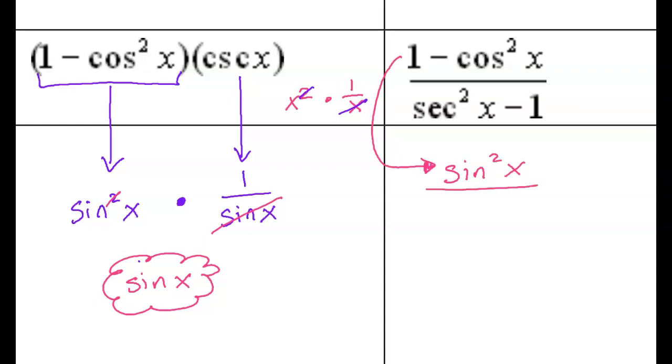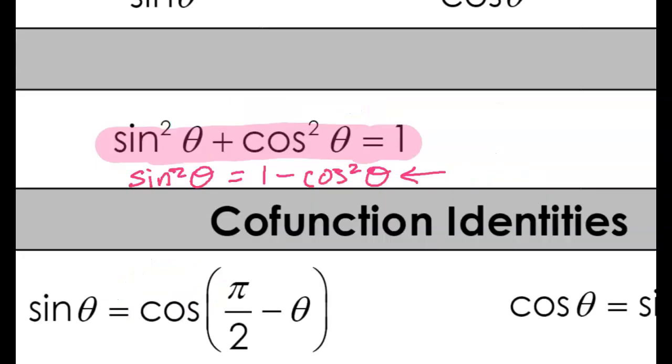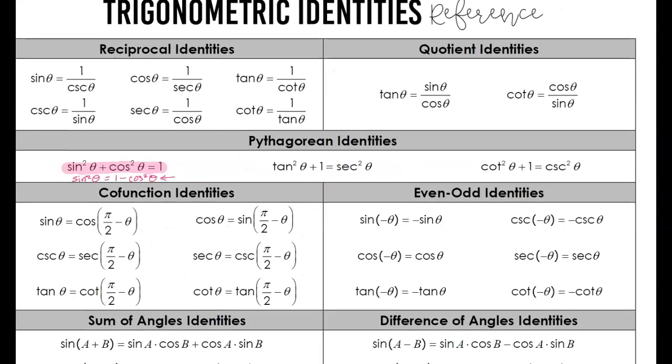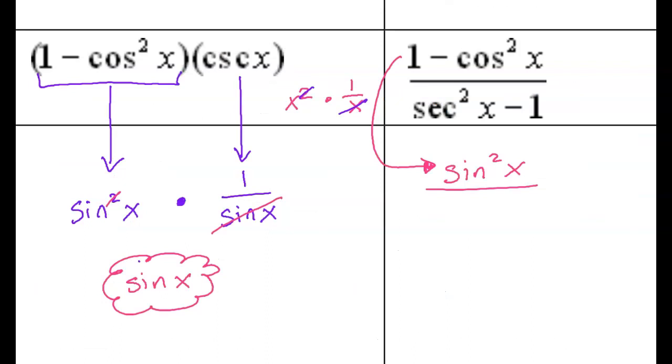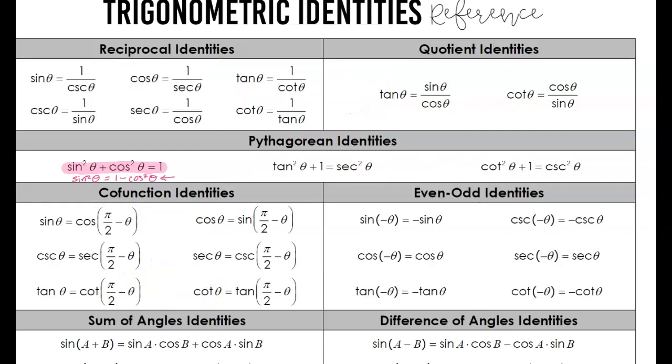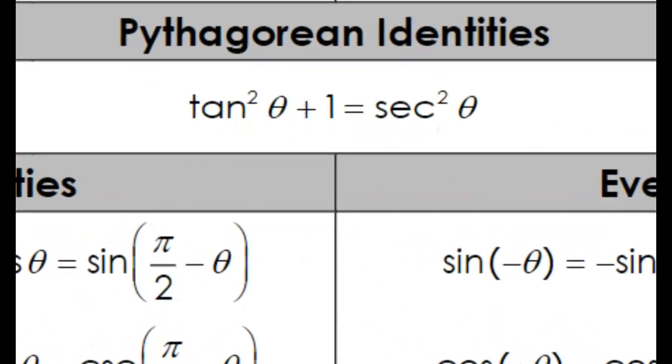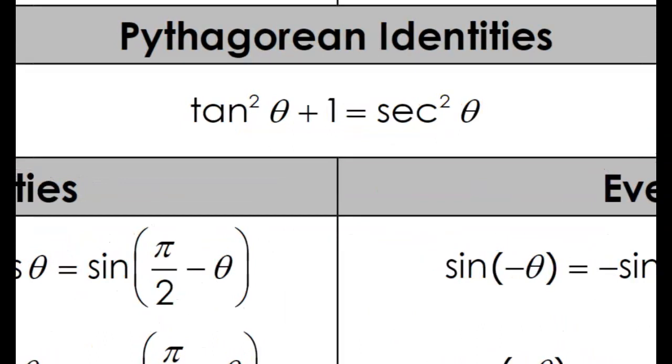over secant squared of x minus 1. Now I'm just going to check, is that an identity? Let's see. So is there something with, what was it? A negative 1 and secant squared. Oh, I see a 1 and I see a secant squared right here, but it's not exactly correct, right? However, if I want the 1 to be with secant squared, you can subtract the 1 over, and it becomes